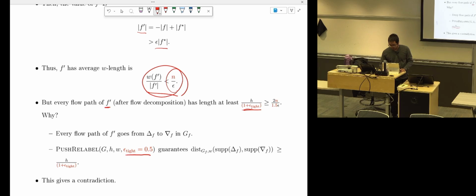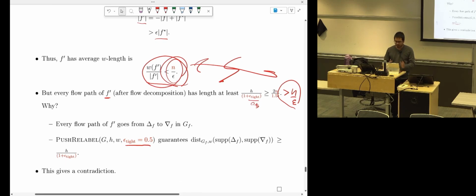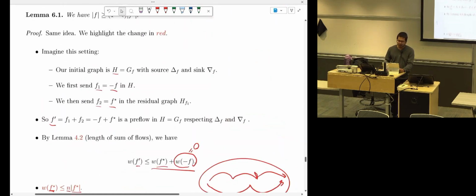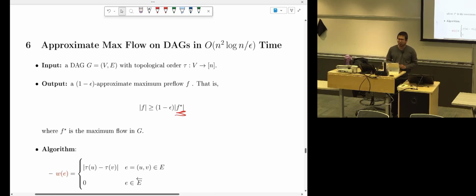This thing can be 1.5. So even if you set epsilon to be 0.5, this is still more than n over epsilon. And this thing and this thing would contradict each other. So that's the contradiction. So you see that now on the DAG, we get a faster algorithm. And it's kind of similar to techniques to